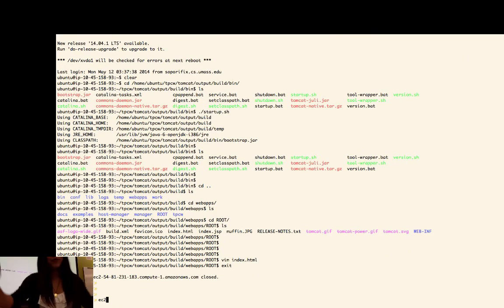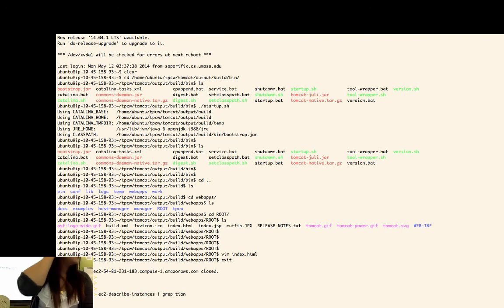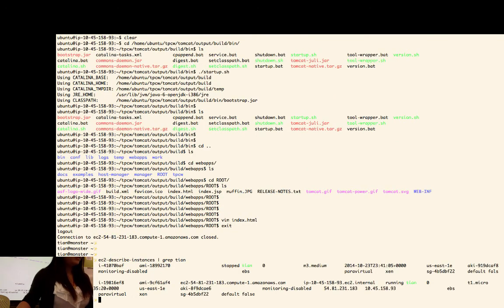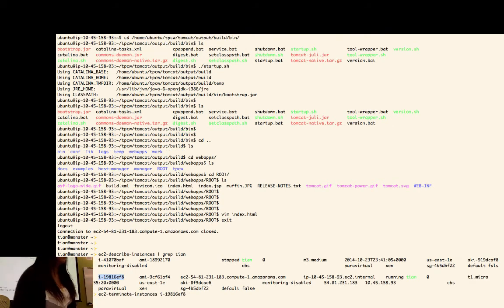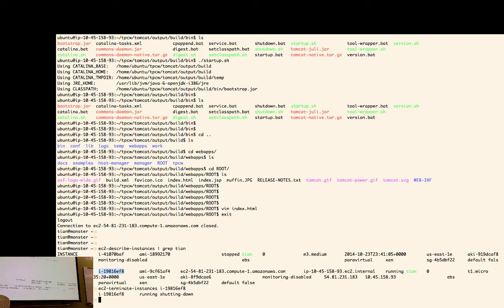Last thing, very important. If it is using your own money, you need to terminate the instance you just started. All right. So we're going to quickly do it. We're still going to check the status of the instance to grab the ID of the instance, which we say, okay, the running one has this instance. All you need to do is just terminate it, so Amazon is not going to charge you any money. Great, it says shutting down. Okay, the moment it's shut down, it doesn't charge you any money anymore.